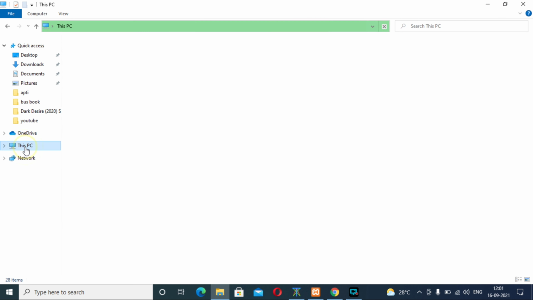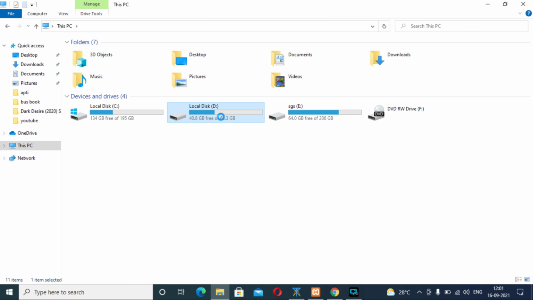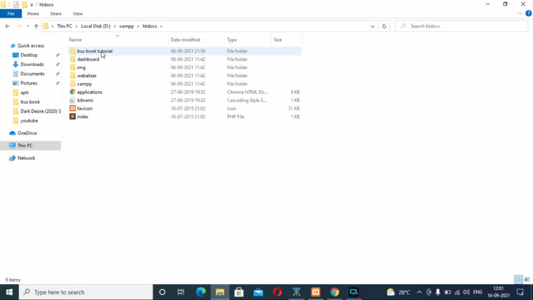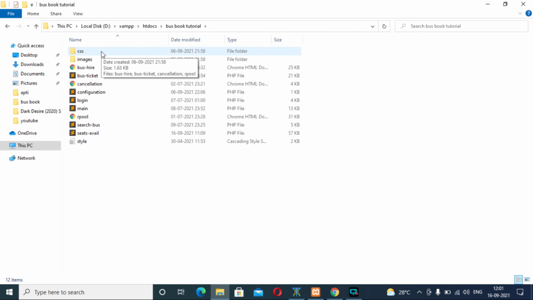Coming to the local disk C, inside the XAMPP folder there is an htdocs folder, in which there is a folder called bus book tutorial, in which we will work on fetching the bus ticket details.